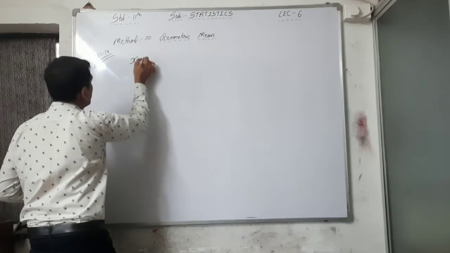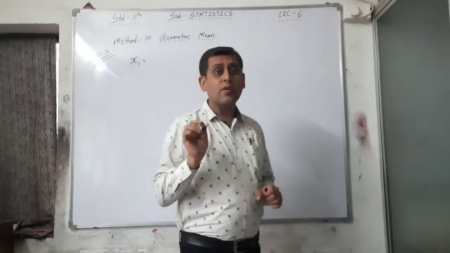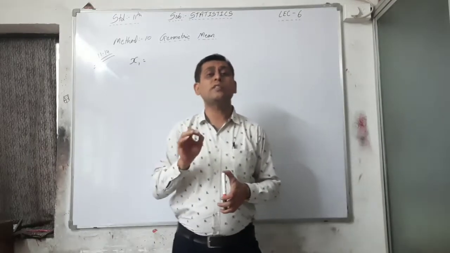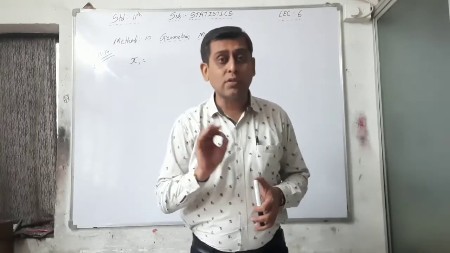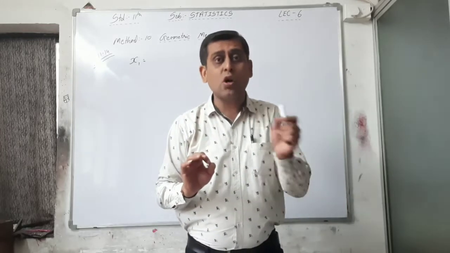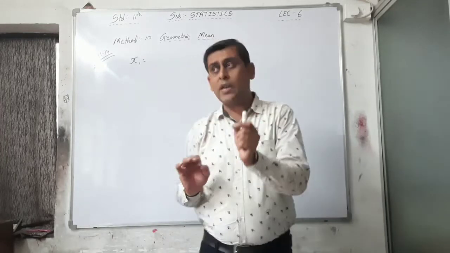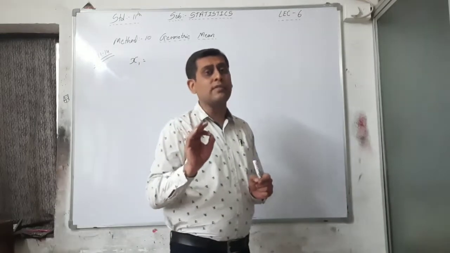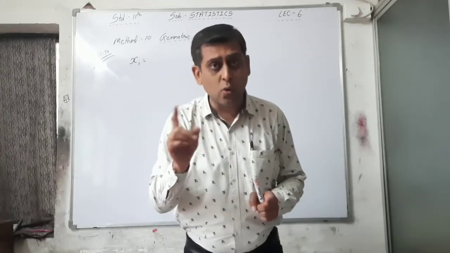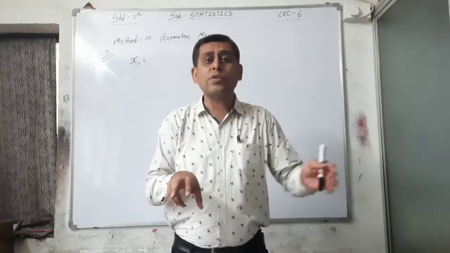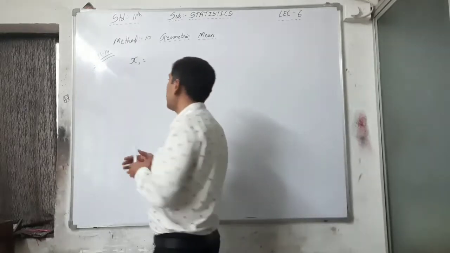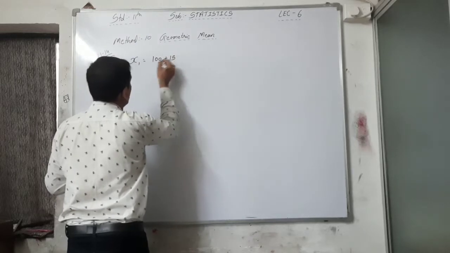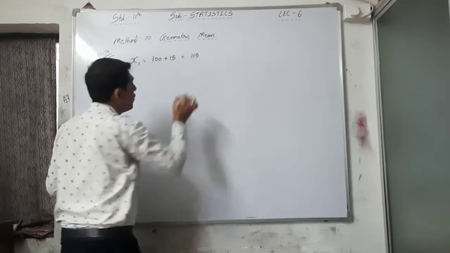Here X1, the first observation, is a 15% increase in the price. But whenever a percentage is given, you have to assume that the percentage is with the base of 100 only. So whenever it is an increase or decrease in percentage, you have to take 100 as a base, and for an increase you add, for a decrease you subtract from 100. So your X1 is equal to 100 plus 15%, that is 15. So your X1 is 115.